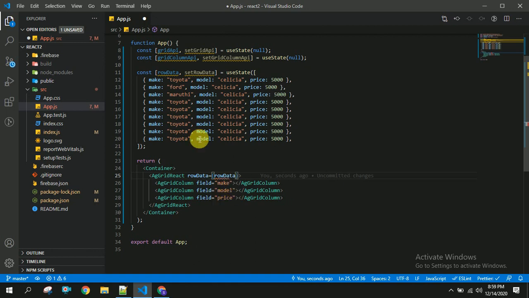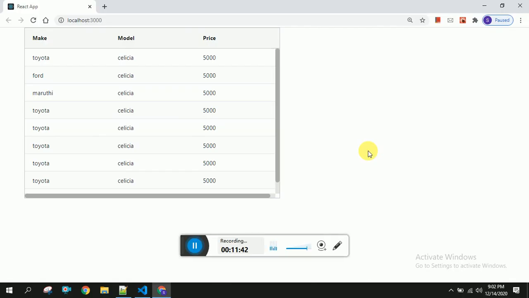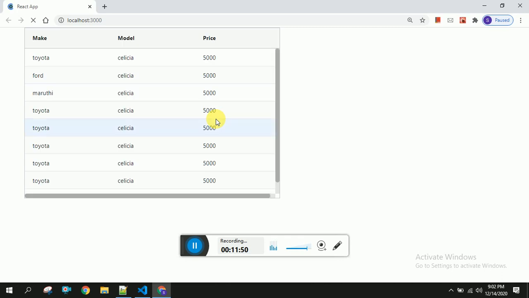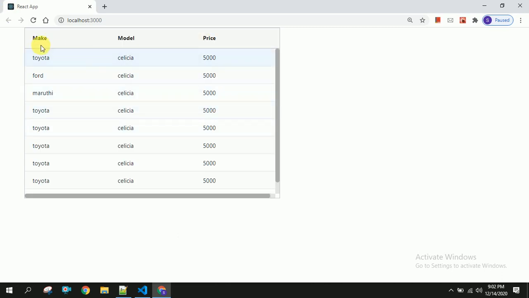So we are giving this row data here. Once I save this, let's head back to the browser. Now once you refresh this browser, you will be able to see AG Grid with different columns and rows. You can see the make, model and price, Toyota, Ford, Maruti, etc.